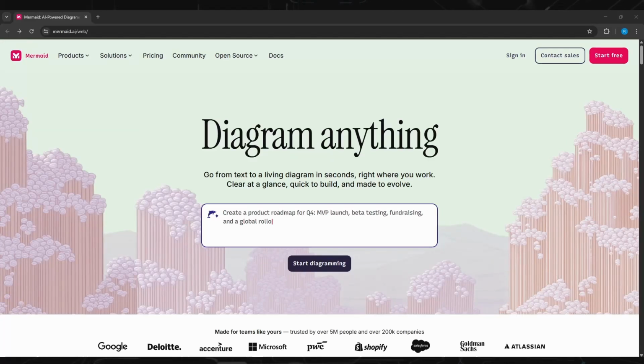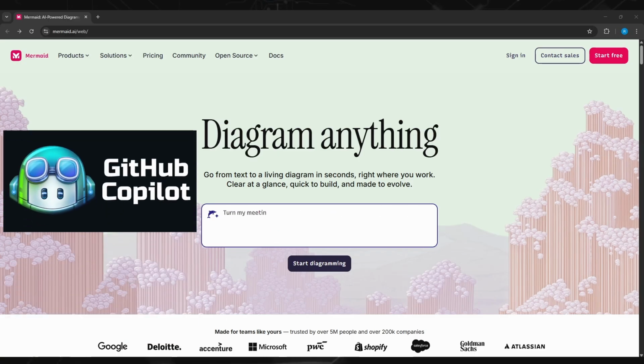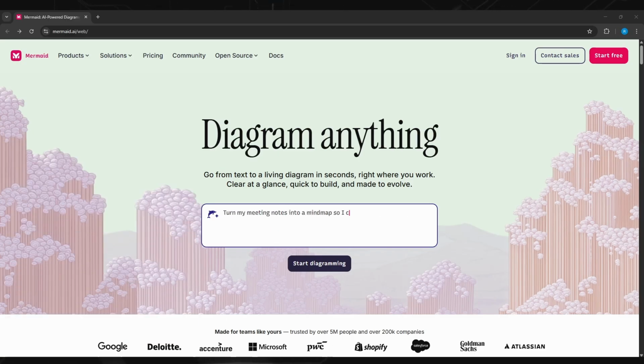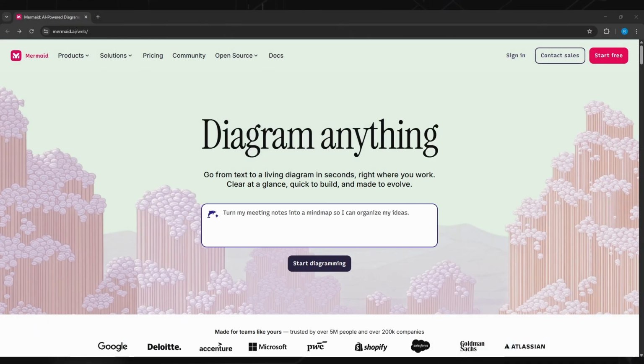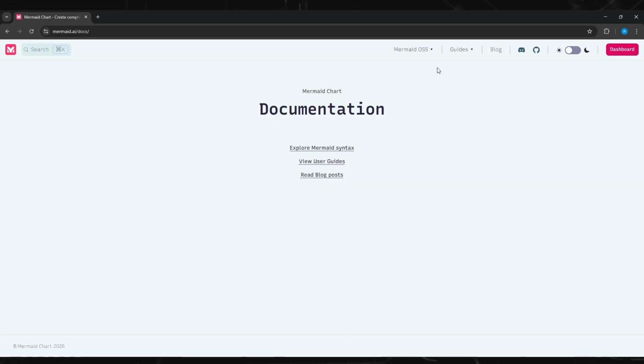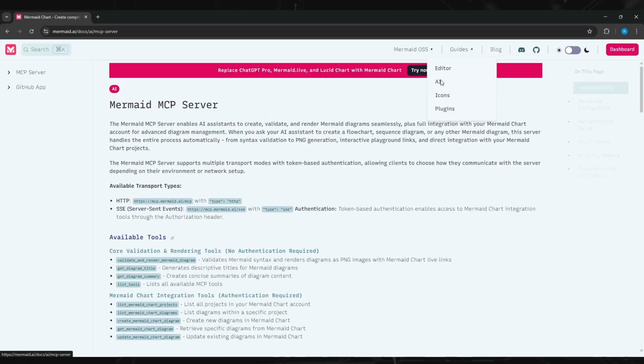In this one, I'm going to show you how to make your AI agent inside GitHub Copilot be able to draw any kind of Mermaid diagram. So first, what we're going to do is go to this website, mermaid.ai, go to docs, and go to guide and click on AI to see the interface for the documentation on the